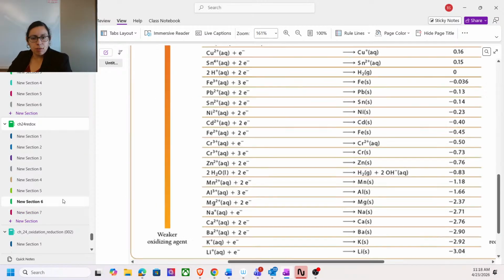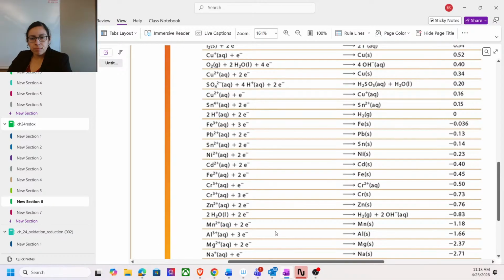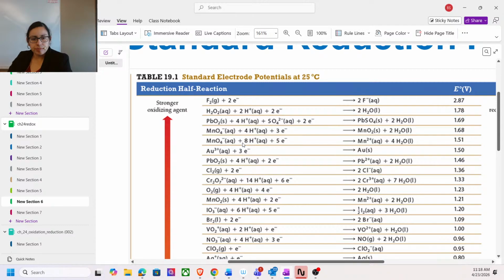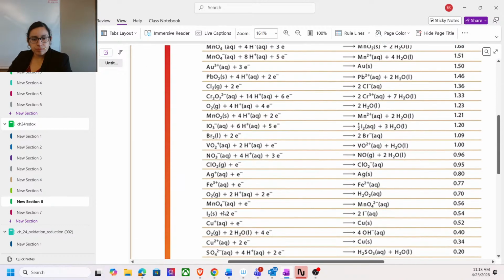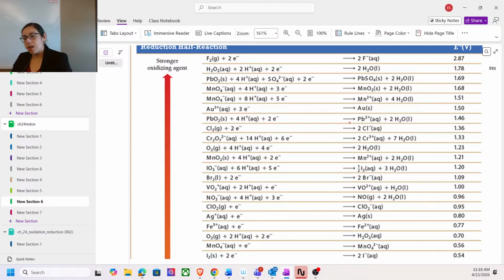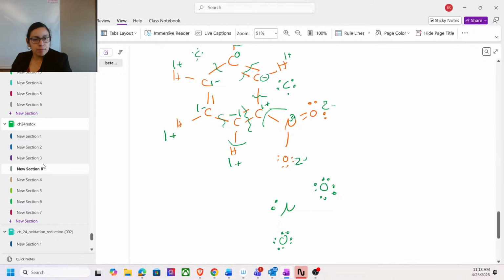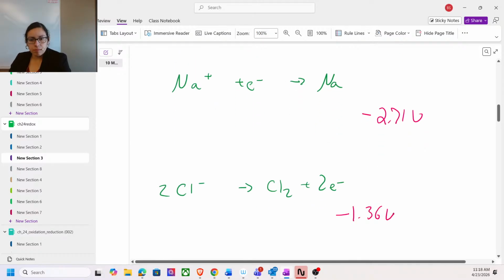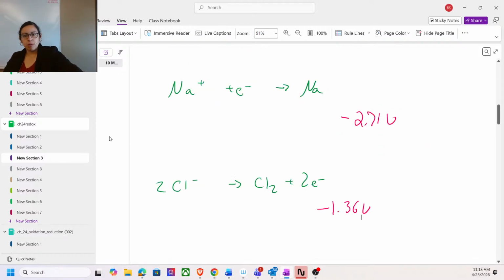All right, so now let's go to chlorine. Looking at what we want to do, where's my chlorine gas here? Oh, it should be at the top. Here we go. Except we're going in the opposite direction on this one. Sorry, this is the one where we need to flip the sign, where we're going from chloride to chlorine gas. So it's going to be negative 1.36. All right, so then what we want to do,